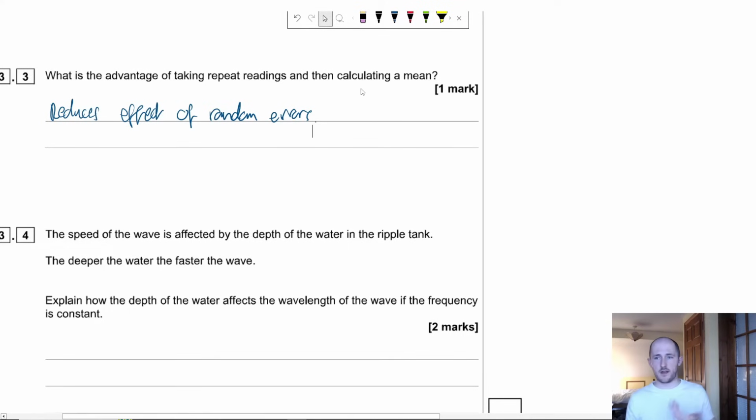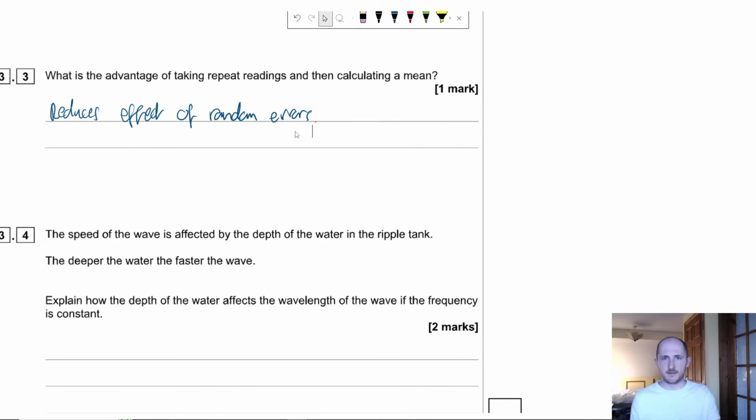So what's the other reason that you can use, which they're talking about? It also allows you to discard anomalous results. How can you tell if a result's anomalous if you don't have other readings to compare it to? You can't. So either one of those answers is perfectly fine, but I wanted to also give you the knowledge of